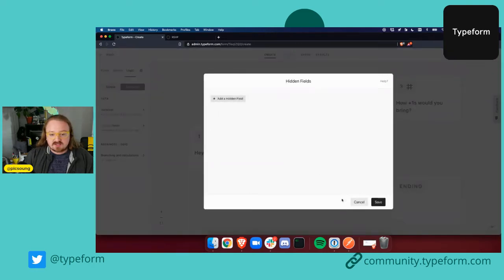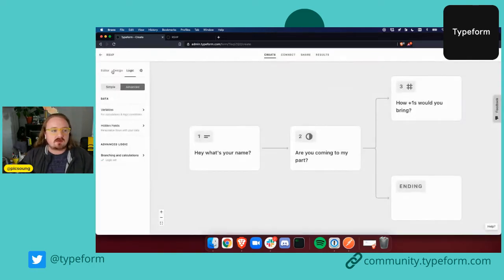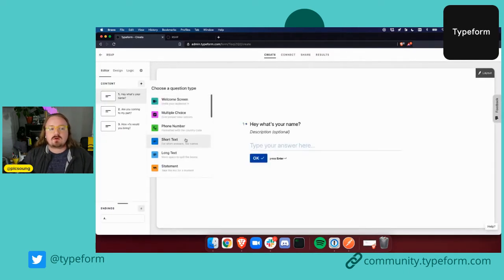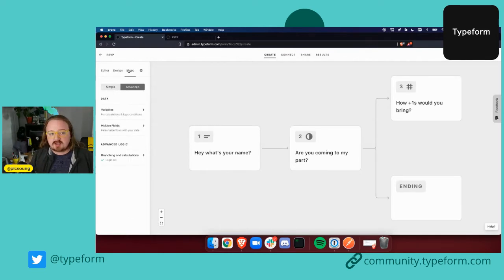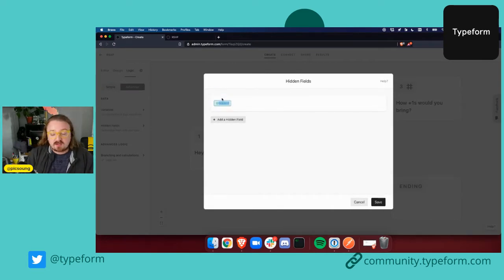One other thing that has changed in this logic panel is the hidden fields. If you remember, before, hidden fields were a question type, and you had to find them in the question types. Now they are in the logic, under the advanced logic, and this is where you're going to add those hidden fields. Hidden fields are interesting because that's context you already know about a user. That's something that you don't want to ask them twice. So in a case where you are sending this Typeform to your friends to RSVP to a party, you may already know their name, and it's kind of rude to ask for the name of a person you already know. So you can just ask for name here